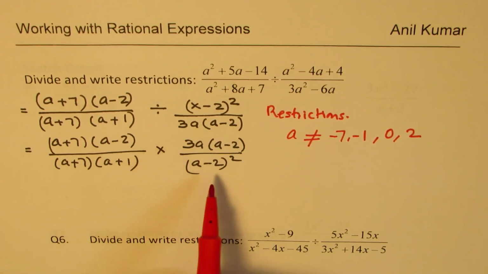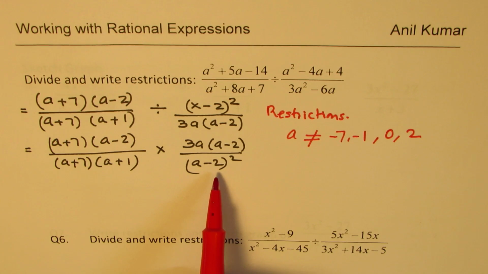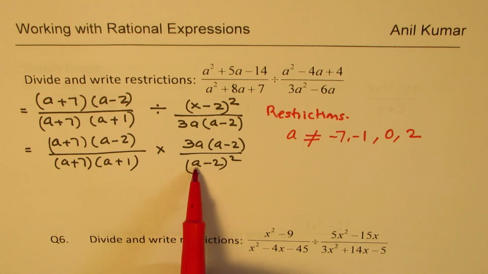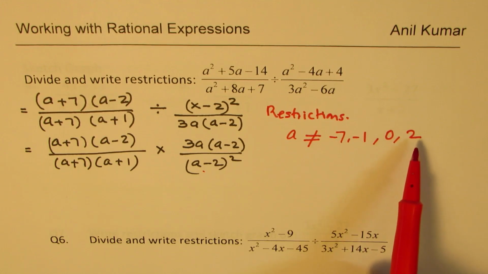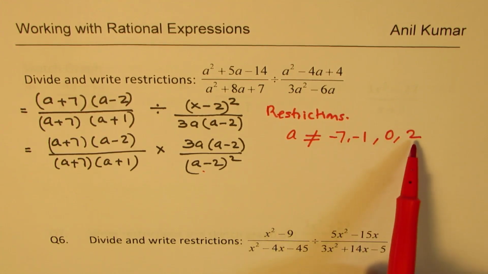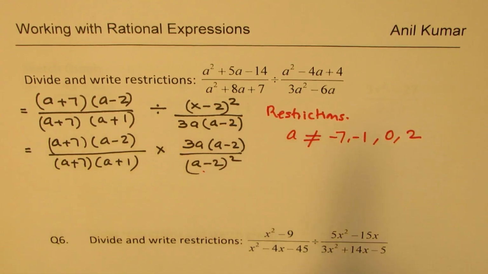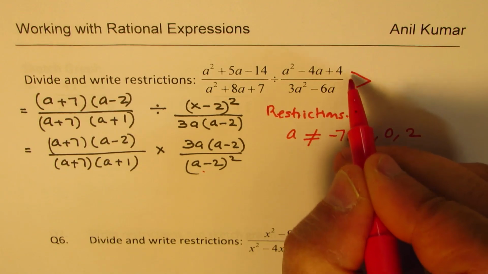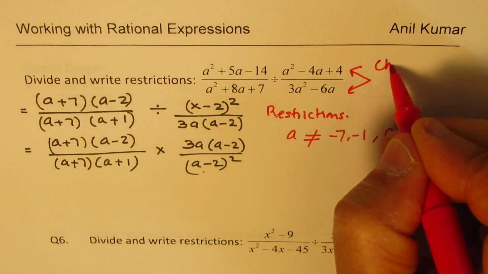Well, when we flipped it, then the numerator came in the denominator. Do you understand? So that means a cannot be 2, which is this restriction should also be included. Well, in this particular example, it is already there and therefore we are not including. However, as far as the divisor is concerned, you have to look for restrictions from both. You understand? So check